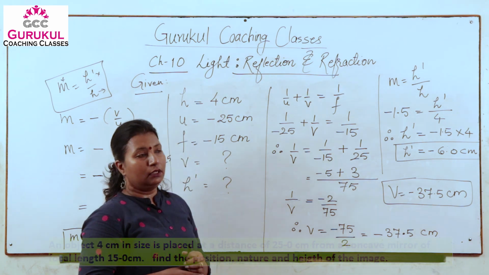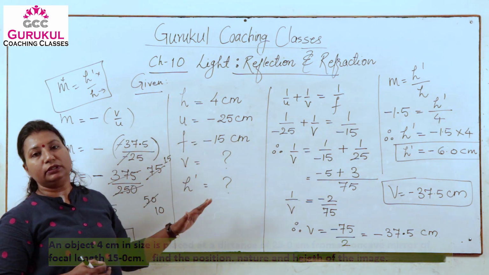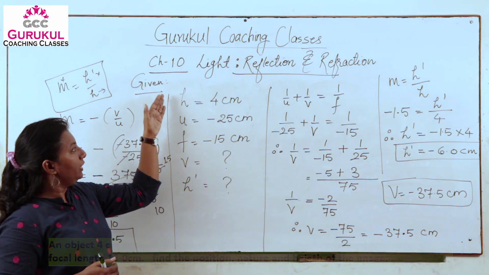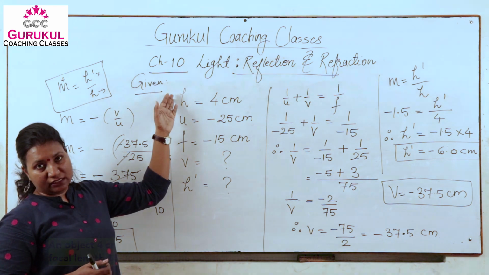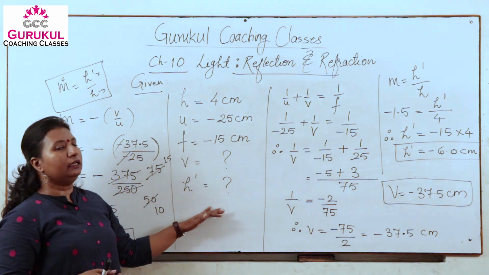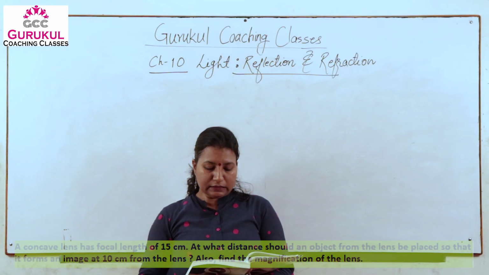Is it clear? So now you can easily solve the numericals. You have to just put the values, right? Whatever the values are given in the question, that we have to write. If h is given, u is given, whatever is given in the question, that we have to write and we have to find the missing terms. Okay, it is given: